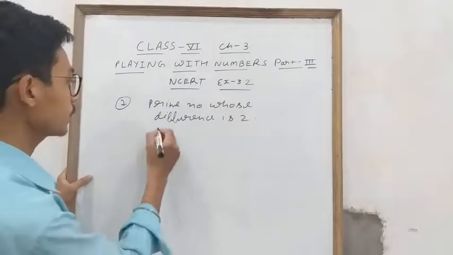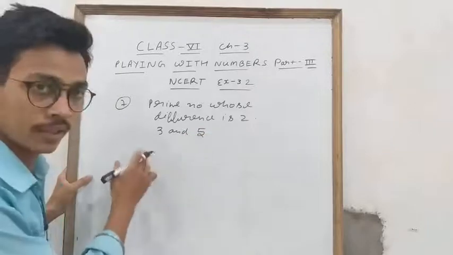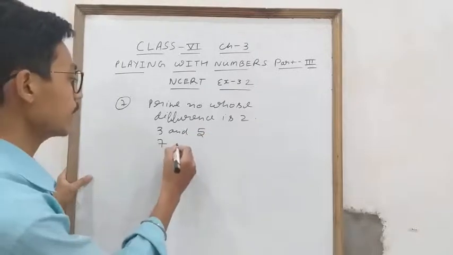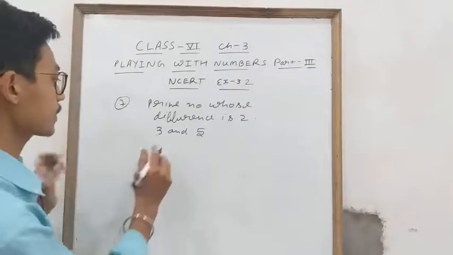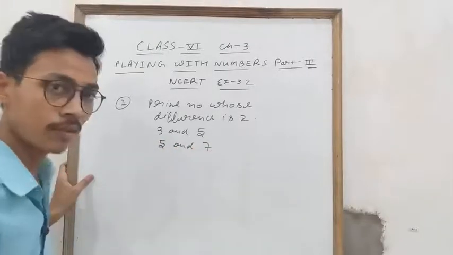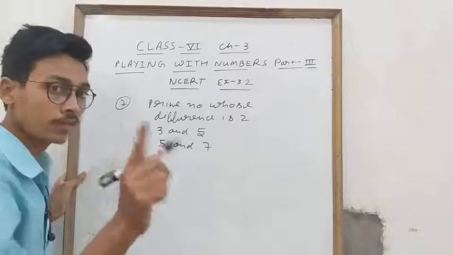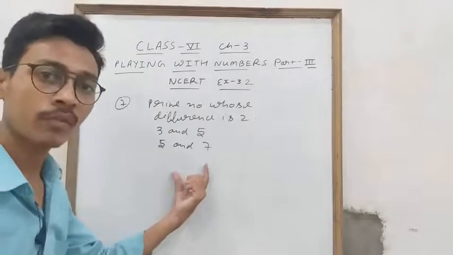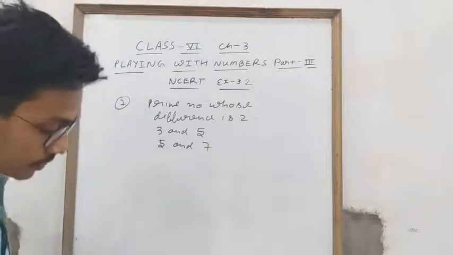So you can write down 3 and 5. See, 3 and 5 are prime and the difference is 2: 5 minus 3 is 2. 5 and 7 you can write down as well. When you have to find the difference, 7 minus 5, 2 will come. And the next pair you will find out yourself. 3 pairs is the requirement of the question, I have written 2 pairs. The next pair you will write down yourself. Clear student?